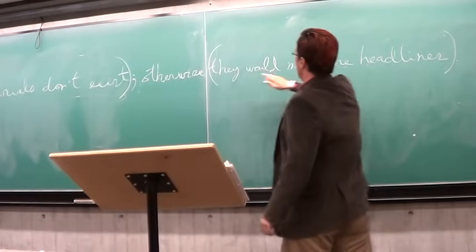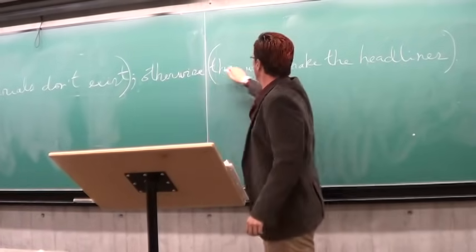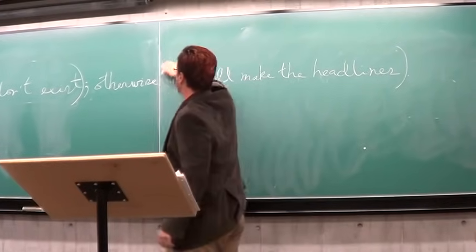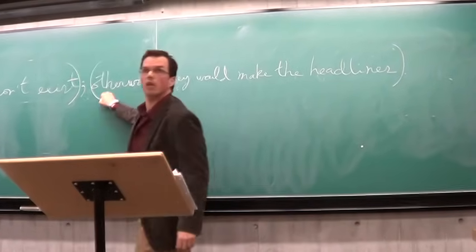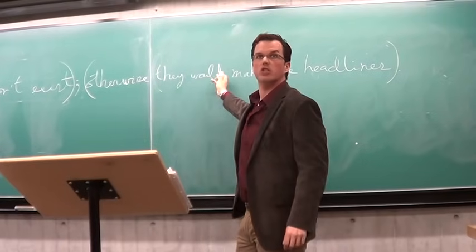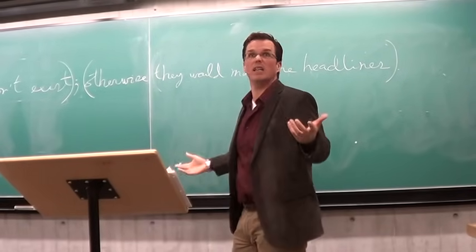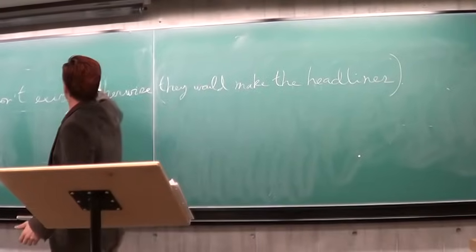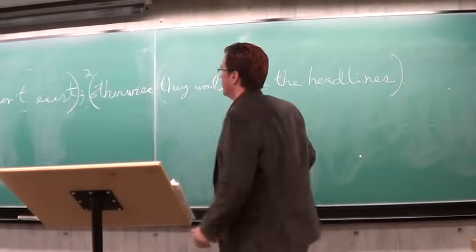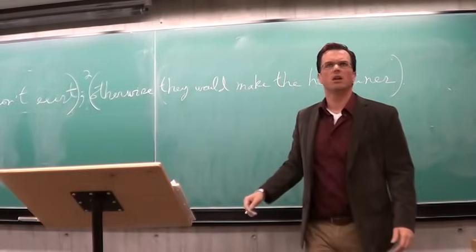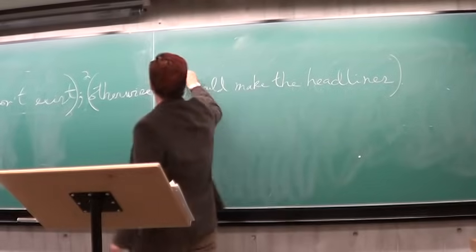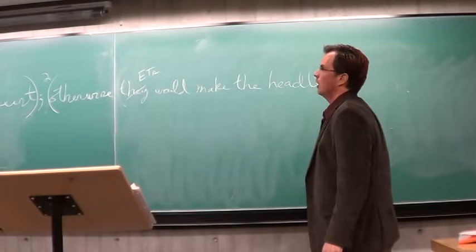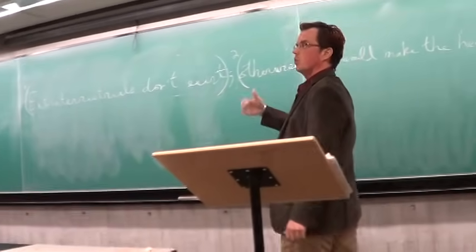In this case, you can put they would make the headlines, but the otherwise now, you'd have to rephrase that: they don't make the headlines. So I would keep this in because you lose a lot of information. If you keep it out, you'll have to change some things. The otherwise is kind of negating. They actually don't make the headlines, is what they're saying. They're not actually making the headlines. So let's number this 2. Otherwise, they would not make the headlines. Who's they? Extraterrestrials, thank you. ETs. Otherwise, ETs would make the headlines. 1, 2. Good. We got it.